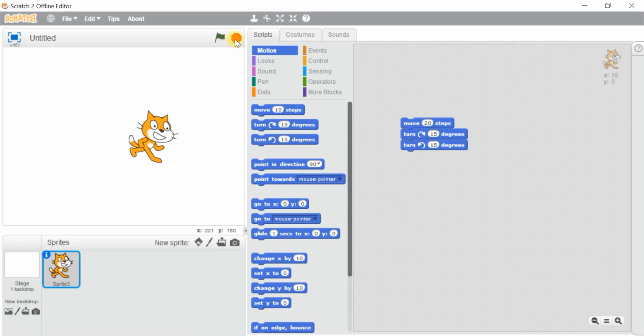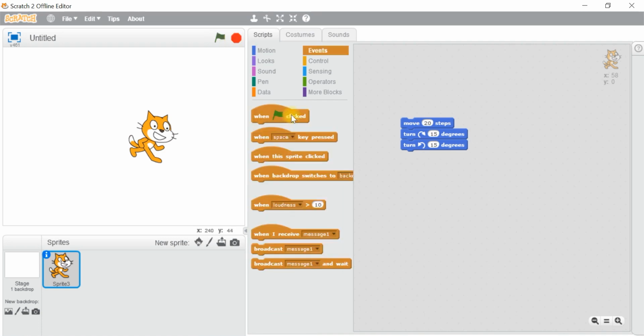These can be done by selecting the events block also. Just see, now I'm selecting the events block, and in that, the first option is called when flag clicked. Now I'm adding this when flag clicked to the steps which we have already added, that is move 20 steps and turn 15 degrees. I'm deleting the last step, that is turn anti-clockwise.